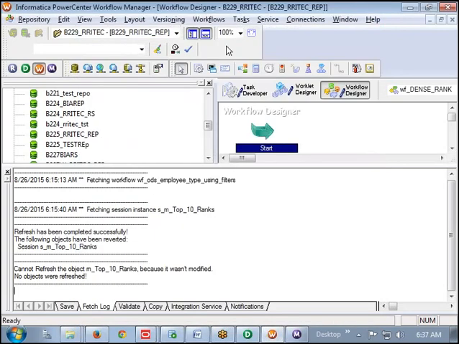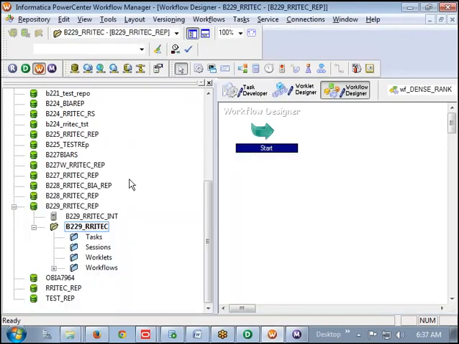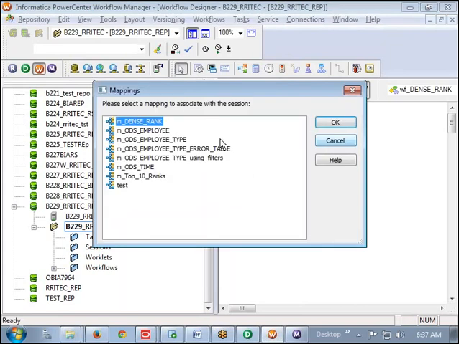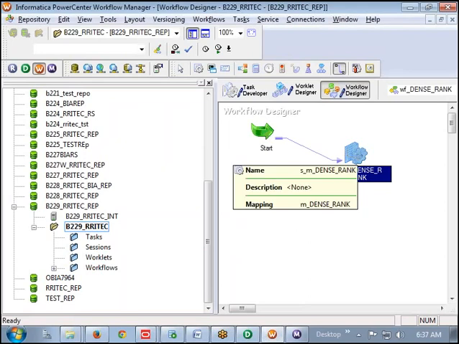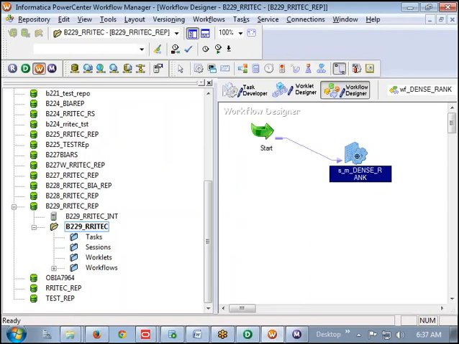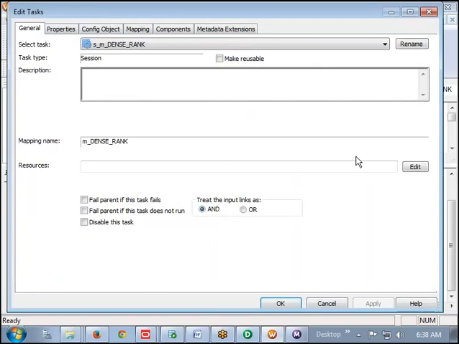Now take the session task. Then map the mapping, then connect both the things. Then double click on the session task, Mapping.